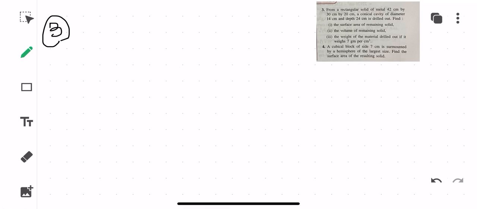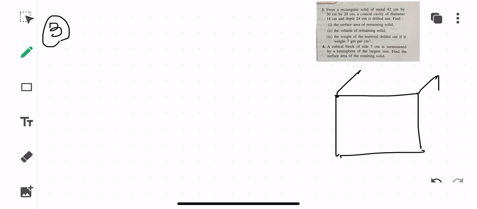This means that suppose there is this box which is there, suppose this is the rectangular box. So rectangular box in the sense, children, this is a cuboid. Okay, so suppose this is my cuboid and from this I am just taking out, I am making a conical cavity. So suppose this is my conical cavity which I am making. Okay, and then